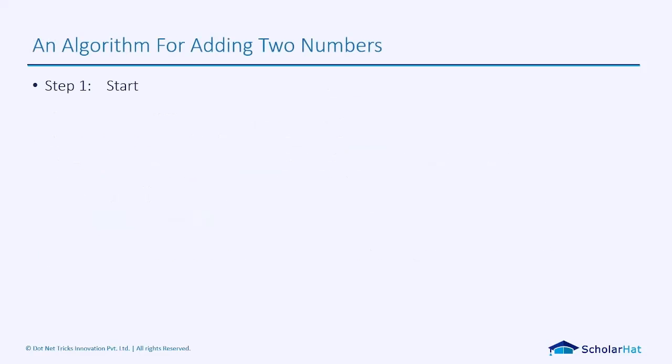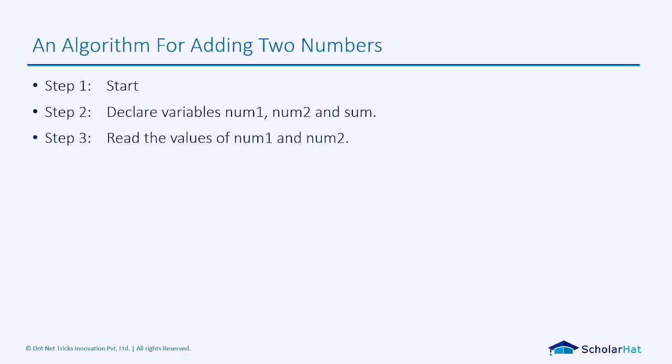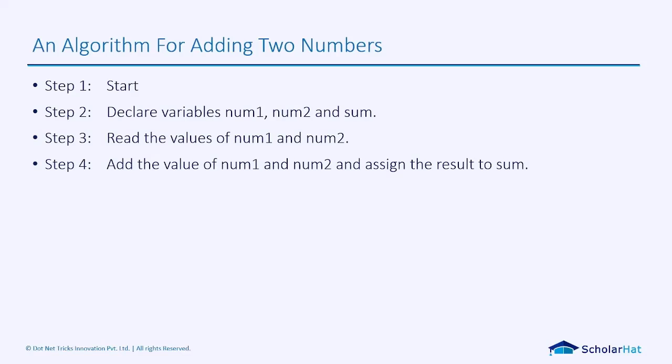If I talk about what the algorithm for adding two numbers would be, you'll say we'll start and declare variables, basically three variables. We'll store the first value in num1, the second value in num2, and we'll store the result in some variable. Then we'll read the values of num1 and num2, and the fourth step will be to add the values of num1 and num2 and assign it to sum. So those are the basic steps. This is a very basic algorithm, but we'll deep dive into complex algorithms